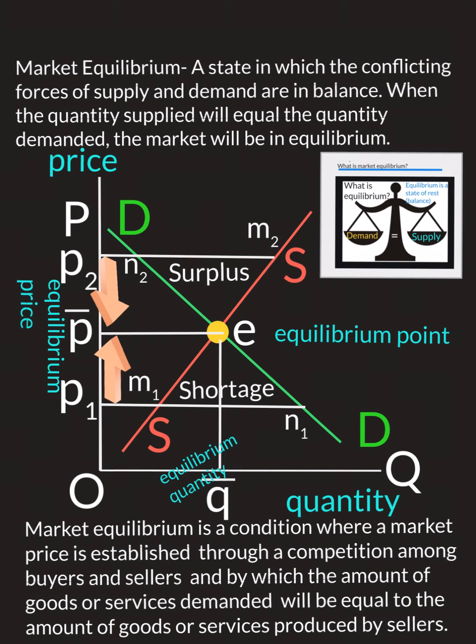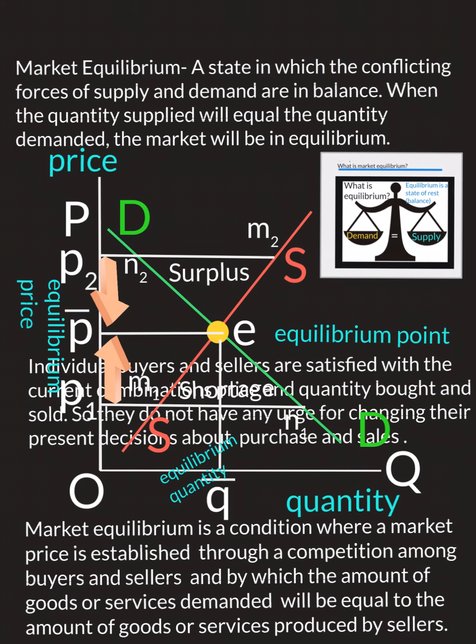And at OP bar, the market equilibrium is established, where the competitive price is determined, and the buyers and sellers have the same amount of goods and services bought and sold. That is, at OP bar, quantity demanded is P bar E and quantity supplied is P bar E. So both are equal at the price OP bar. And so the point E determines the market equilibrium situation, where the buyers and sellers take rest.